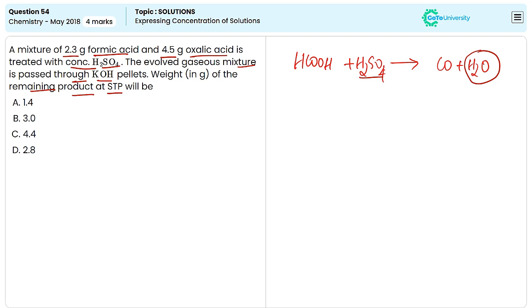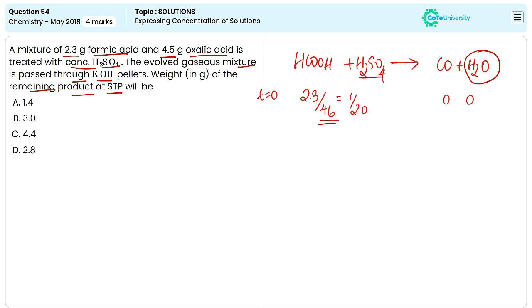Now let's find out the number of moles of formic acid and products obtained in this reaction at the starting and final stage. At the starting stage, we can see 2.3 gram of formic acid is reacting. So the number of moles of formic acid at the starting of the reaction will be mass divided by its molar mass. So that is 2.3 divided by 46. 46 is the molar mass of formic acid. The amount of carbon monoxide and water produced at the starting of the reaction will be 0, means the reaction